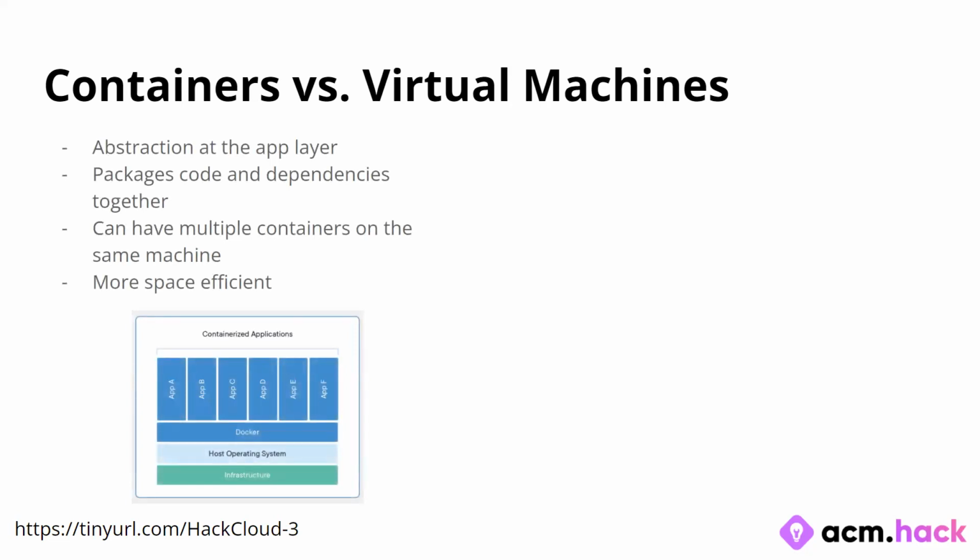Here we have a description for a container. A container is the abstraction at the app layer, packages code and dependencies together. And you can actually have multiple containers on the same machine, and it's much more space efficient. It's really, really lightweight. So if you think of this little diagram here, we have the actual infrastructure. So think of this as your buses and all your chips and everything. You have a host operating system that runs on top of that. And then you have something called Docker,